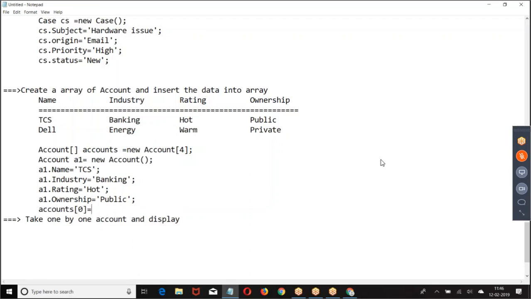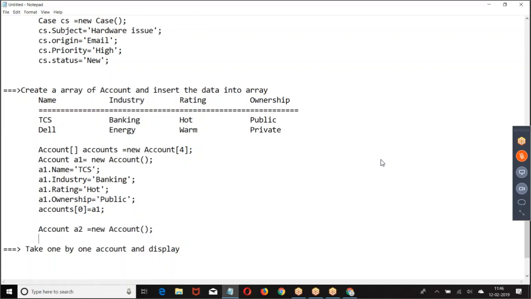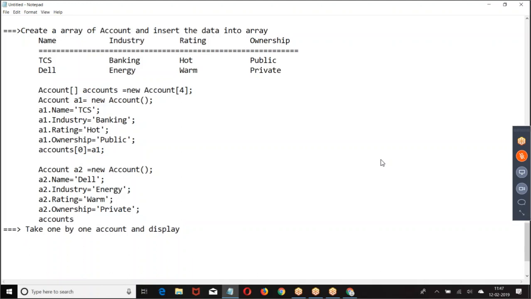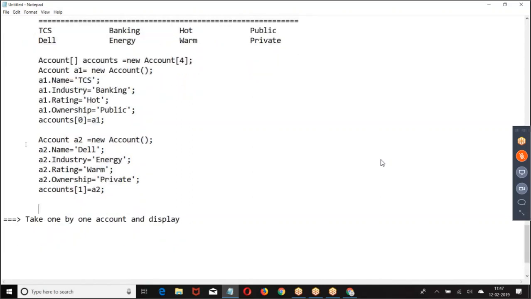Then put them in an array. This is how I created it. Now take one by one element and print the values.